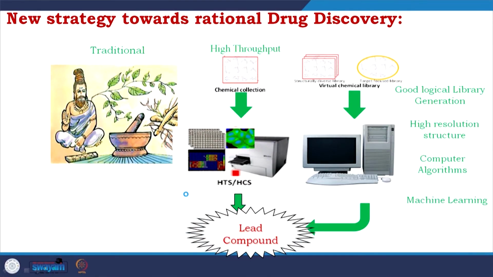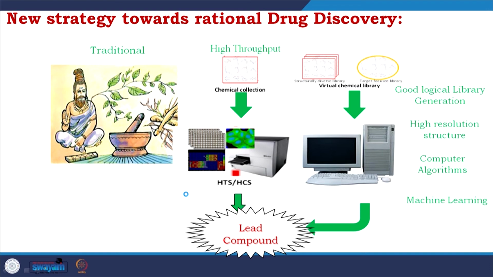So, the new strategy is to take the traditional methods, which are converting to high throughput, and replace them somehow by computational methods, using computers to achieve the dream goal, the lead development, replacing the experimental way as much as possible. For that we need good library generation, high resolution structure, computer algorithms, and